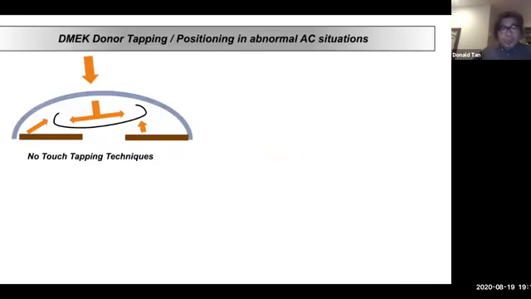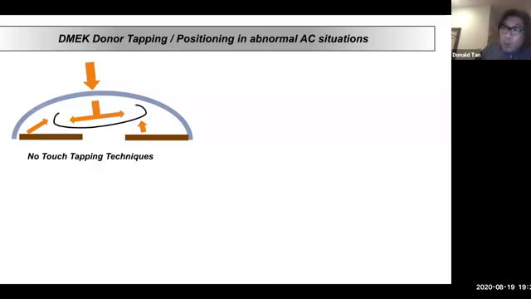So with this standard tapping technique, the no-touch tapping technique, certainly it is the standard today. And what we're doing is, of course, we're applying indirect pressure through the surface of the cornea, and that creates fluid waves to unscroll this tissue. Now, it's really important then, if you see this, that what we're really doing here is that we are trying to use the chamber itself to have these fluid waves. So we need to have fluid coming back, transmitted to the donor from the back of the cornea, but also the sides and the iris. So this whole closed chamber concept is very important to allow us to tap.